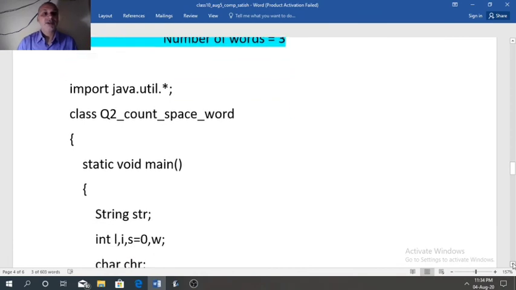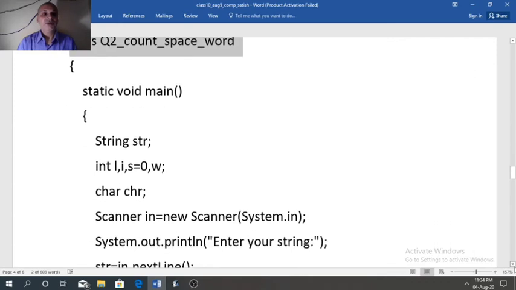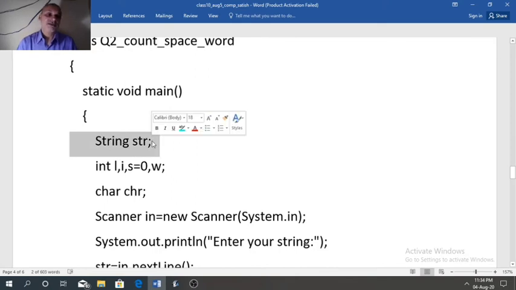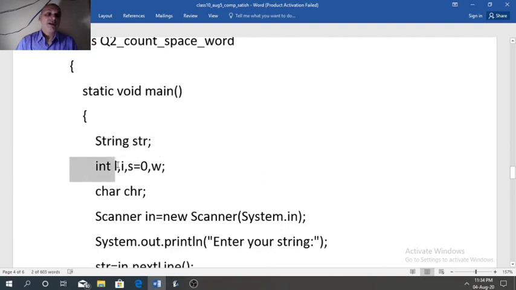This program I have designed with a Scanner class. So first we need to import the package. Class name, method name. Now the declaration of variables, like I had told you. str for accepting the string, L to find the length of the string, and i to find the index of each character present in the string.